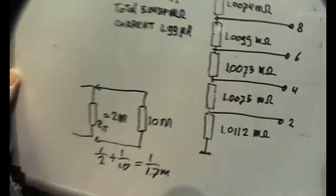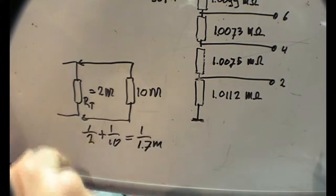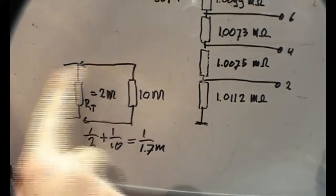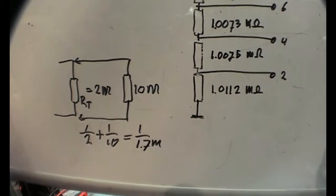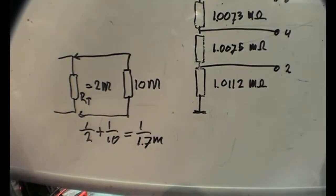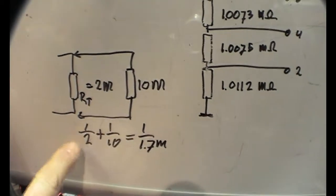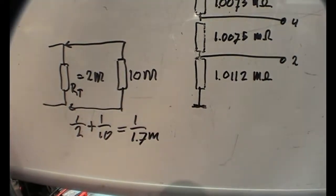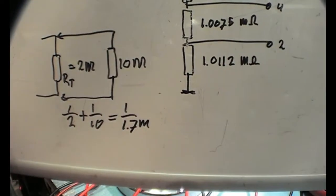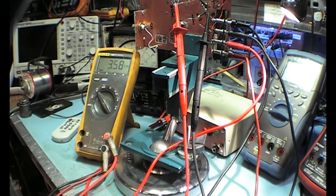If we look at the board here, then you will see we have 2 mega ohms, the 2 in series. We have the multimeter in parallel, that is 10 ohm, but in this case I used the Fluke. In reality it is 11 meg, if I remember well. And then you take the formula, and the total resistance the circuit sees is 1.7 M. So that is why the meter is